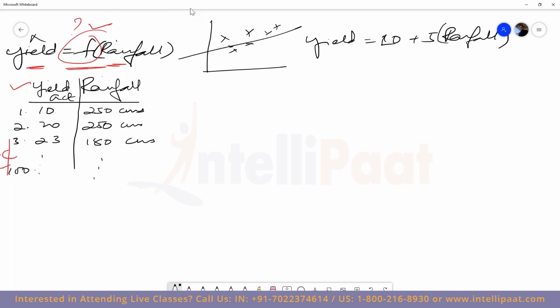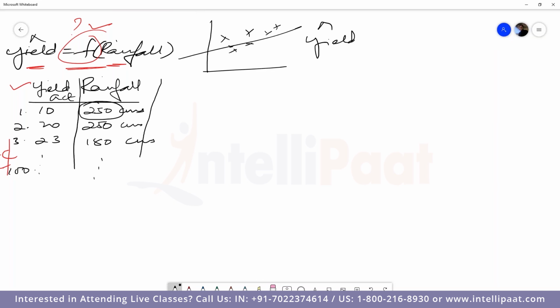Or let's say whatever, 10 plus 0.5 times rainfall or 0.1 times rainfall, whatever is the value. So there is a predicted value. This is the predicted value. What I want to make sure is that for every given value of rainfall, I substitute this value over here. So let me actually take a better equation instead of this. This equation could give me results which are haywire. Let's do it this way: 0.5 plus 0.1 times rainfall. Let's say this is one particular equation. I want to make sure that the predicted values for every data point that you see over here